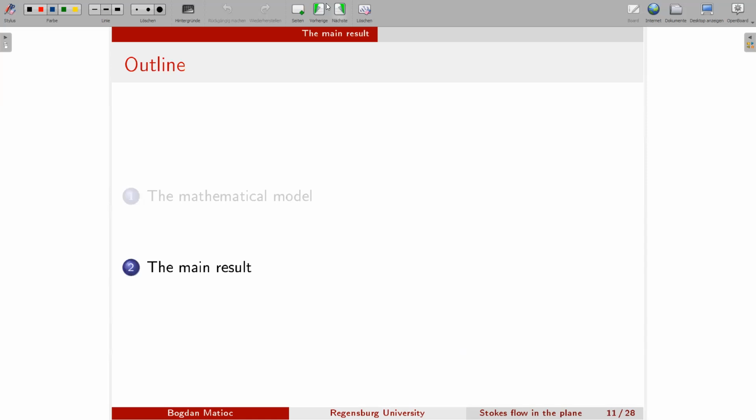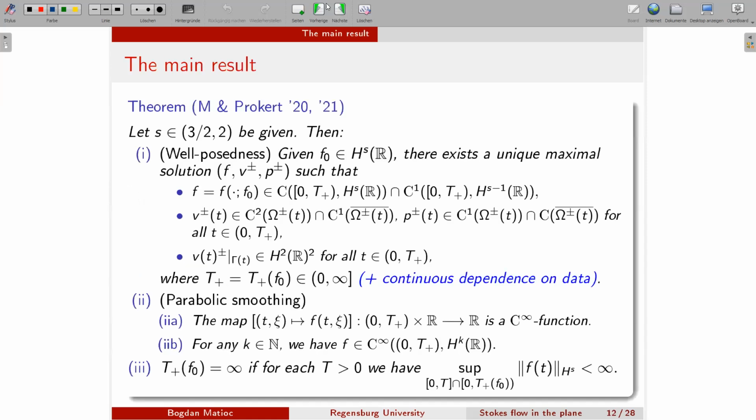And now to the main result. So we have two results. The first is from 2020, where we consider the case of equal viscosities, and then we have a result from 2021, where we consider the general case when the viscosities are arbitrary. So in both cases, we establish the following result: s is between 3/2 and 2 arbitrary, and then the problem